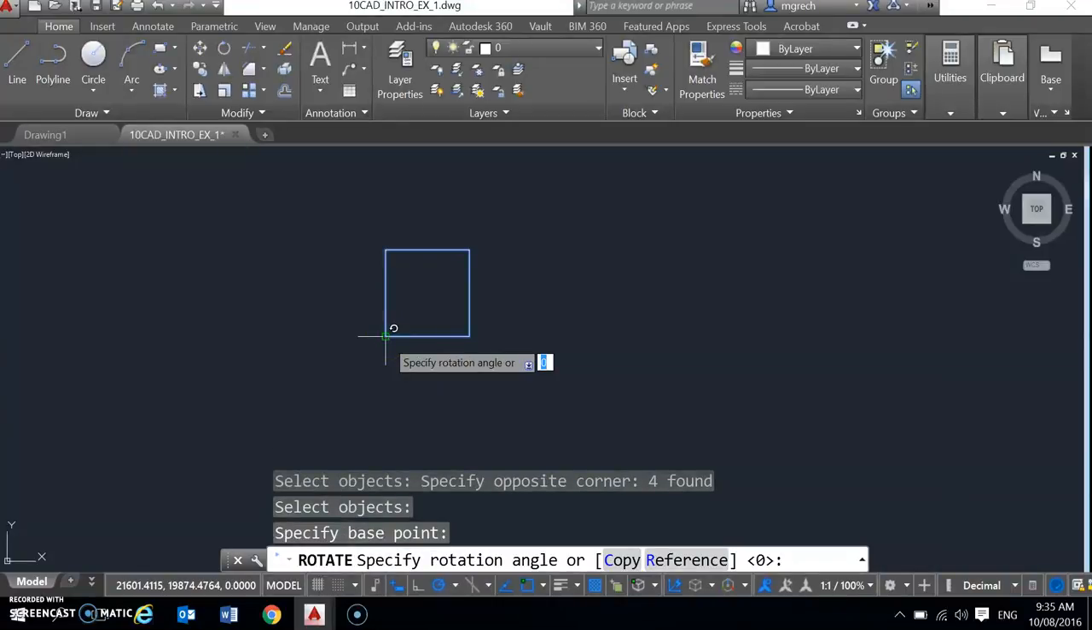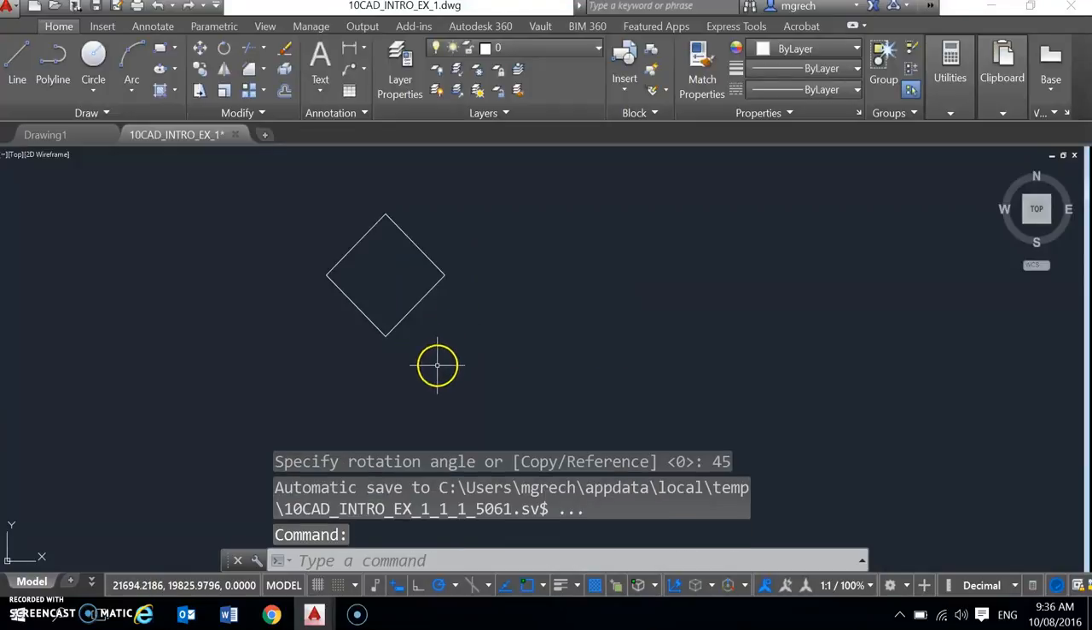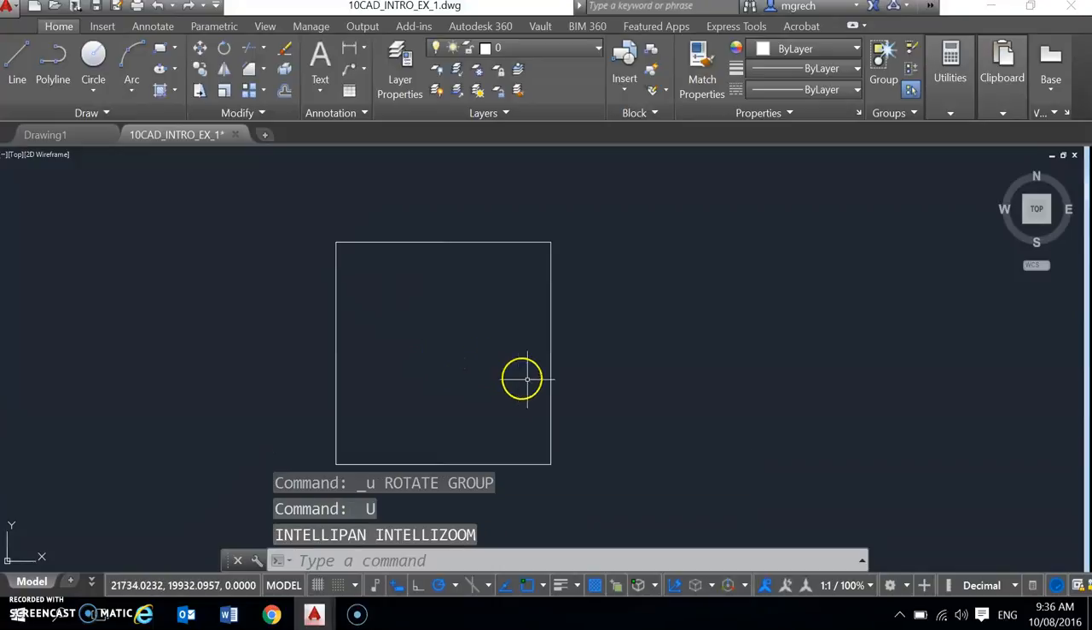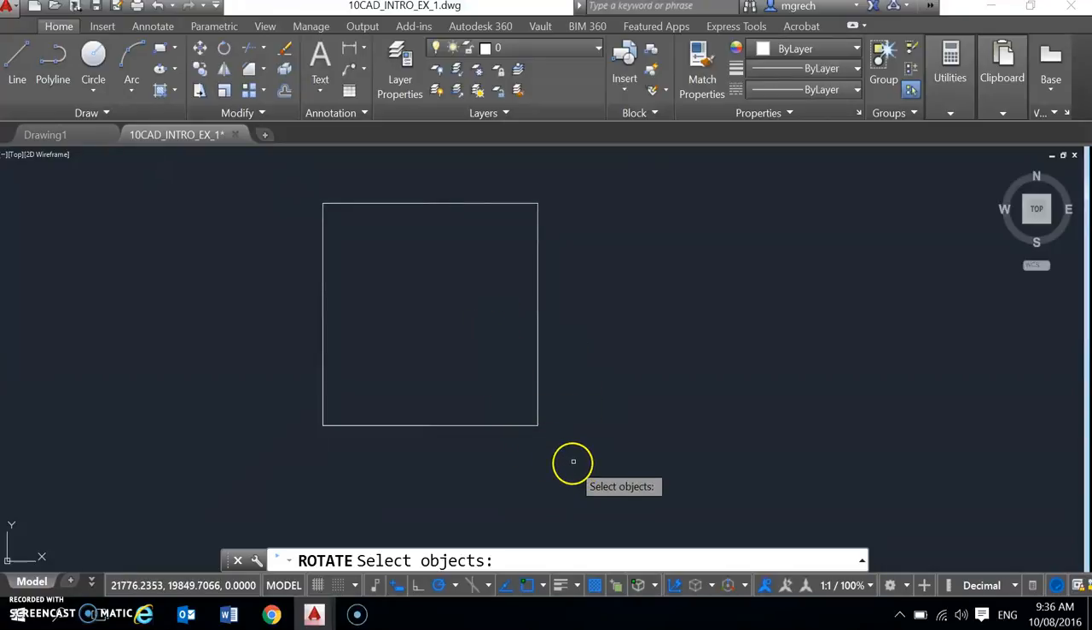So left click on that, and then it says specify rotation angle. So when we rotate, AutoCAD will rotate in degrees anti-clockwise. So if I want it to rotate 45 degrees to the left or anti-clockwise, I just type in 45 and then enter, and it'll rotate. If I undo that by pressing Control Z